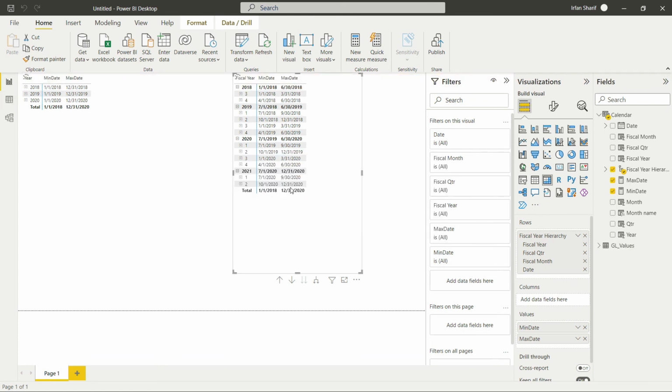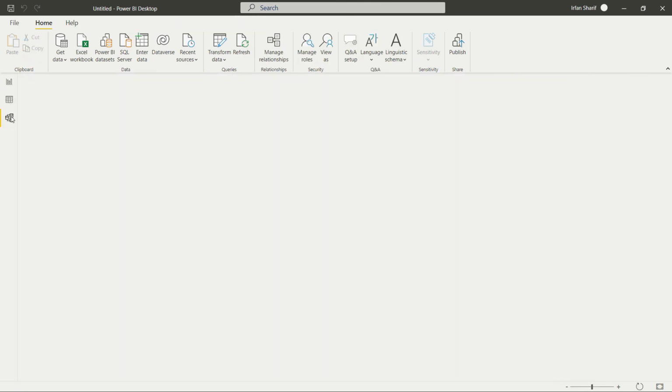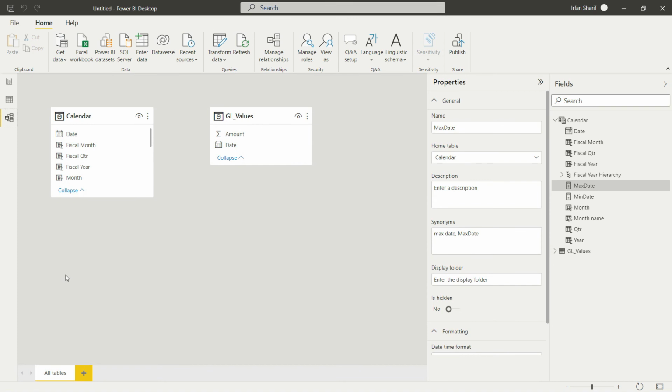Right, so it has been loaded, you can see that this table has been loaded. And one thing that we have to do before we expect any report based on this data, we have to do the data modeling, and I will simply connect the date with date here, and the modeling part has been completed. So now you can expect the reports based on dates from this calendar table and the values from this